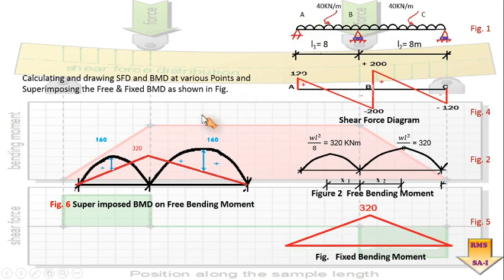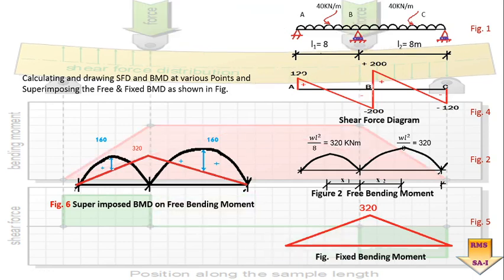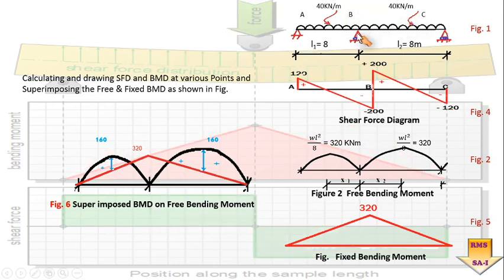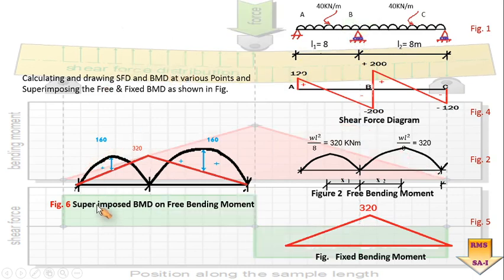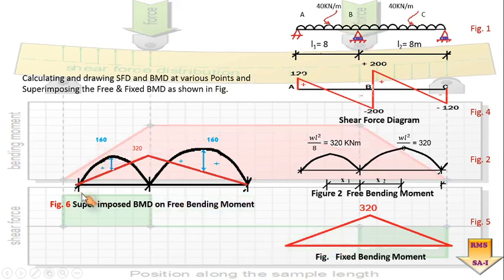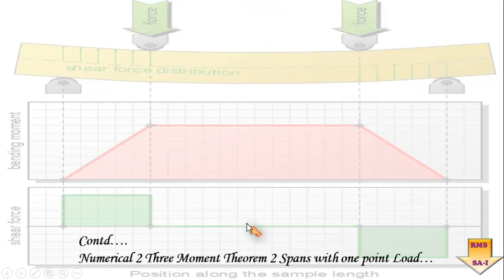And one more part we can do into this. If you remember, our equation number 4b was related with such a problem in which both the spans were imposed with the UDL. In that case, if you follow equation number 4b, instead of going through all these various steps one by one, you can directly use those formulas, and by putting in the values you will be able to get the various parameters required in this particular problem. So this is how we have to analyze the continuous beam which is simply supported. So this is what we have for today.